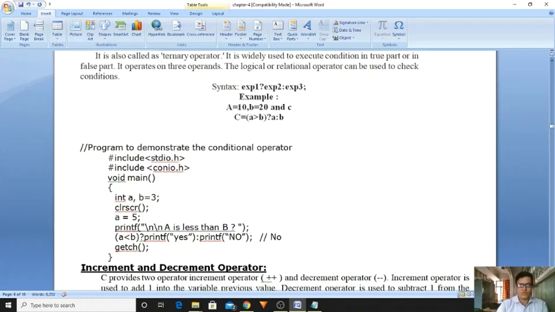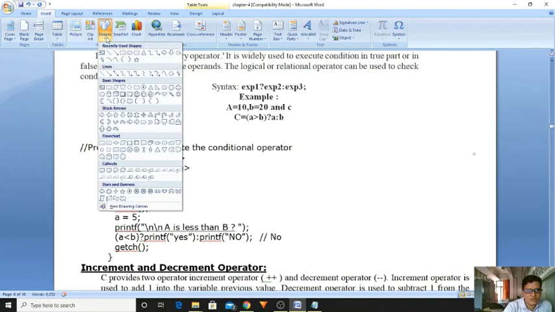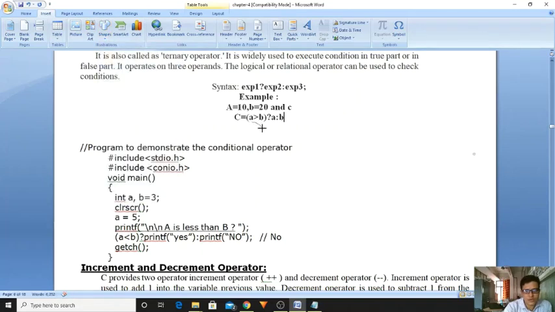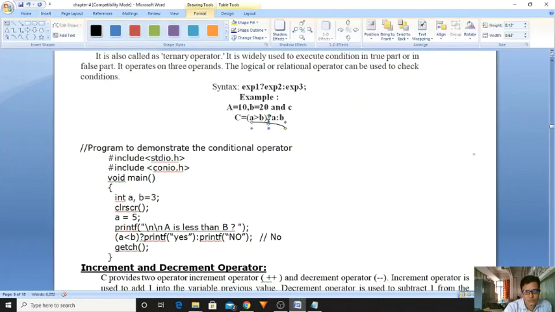b. Now tell me, 10 greater than 20. Whether 10 greater than 20, the condition is false, right? If the condition is false, then it will take the value of b. It will take the value of b.